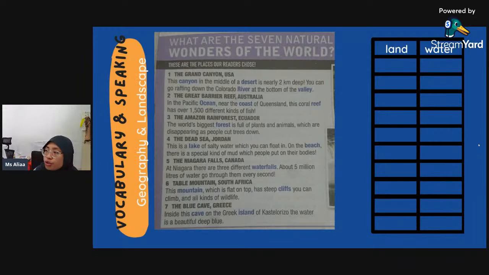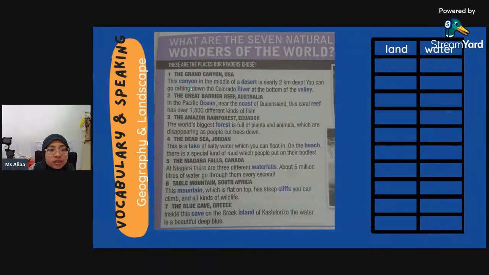Now what I want you to do is, you can see the words in blue. Boleh nampak perkataan yang warna biru tu. So what I want you to do now is, can you put the words in their category? We only have two categories. We have land and water. Berdasarkan perkataan-perkataan yang warna biru ni, can you put these words in its category? We have land and water.